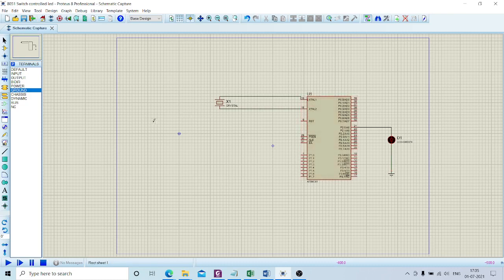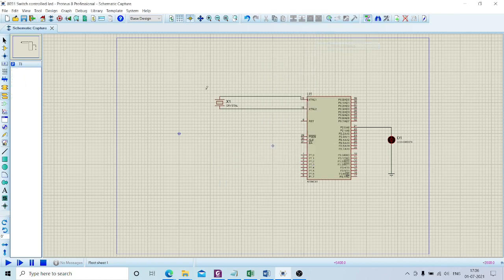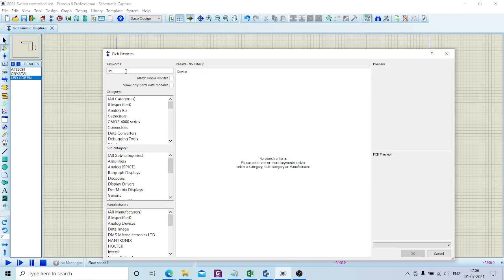Next thing is I need to connect a switch. So based on the switch only I'm going to make the LED on or off. Okay, I'm going to turn on or turn off the LED based on the switch positions. So I need to place component from library. I'm just typing switch